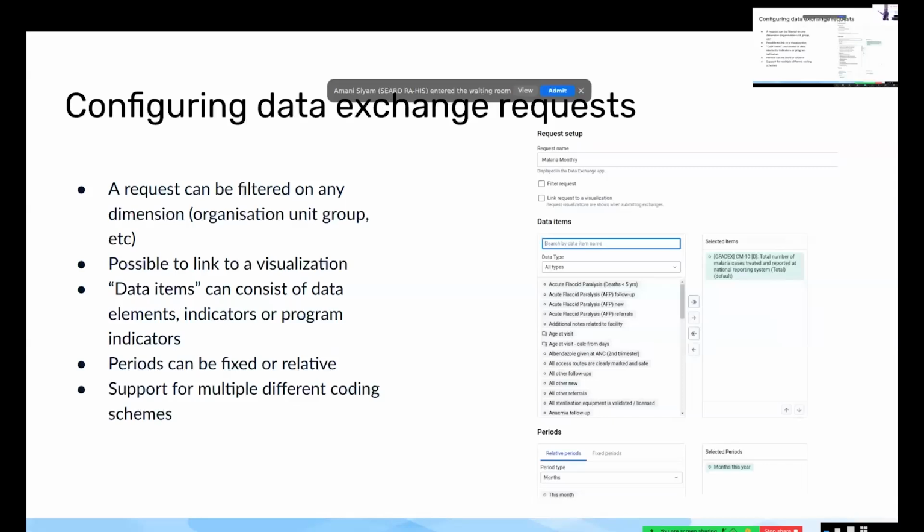Now, each exchange can consist of multiple requests, and any request can be filtered on any dimension. I mentioned this, that it could be filtered by organization unit group. You might only want to include a subset of facilities, for instance. It's possible to link to a visualization, and the reason that you might want to do that is to allow people to look at the data, the aggregated data, whatever you're going to send, in the data visualization app prior